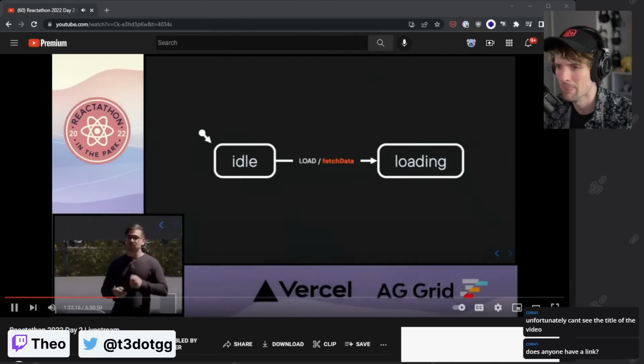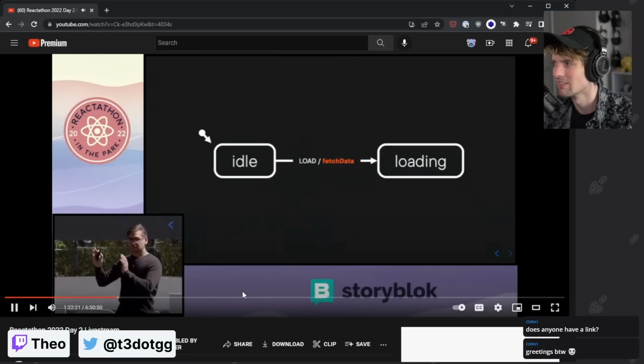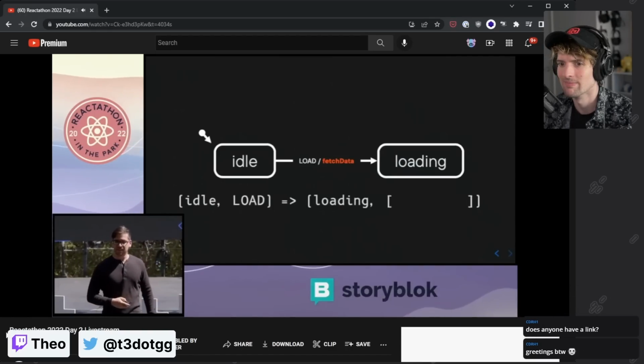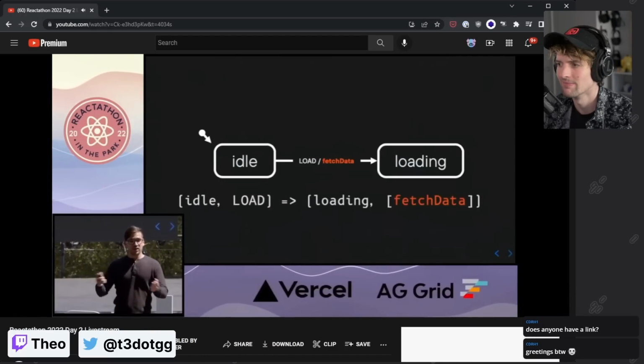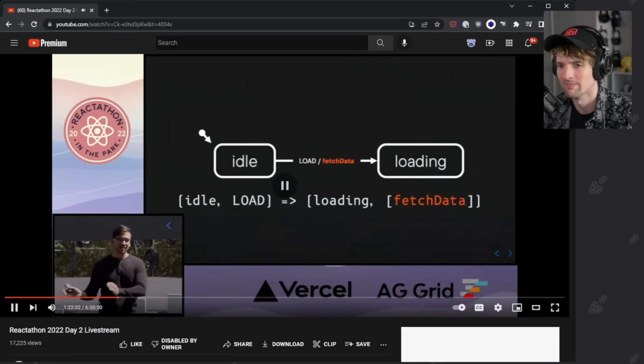In the transition, that's where you define the effects. So you could say when this event happens, like load, then this fetch data effect also happens. And so that equation just becomes a really convenient way to define, hey, this effect is supposed to be